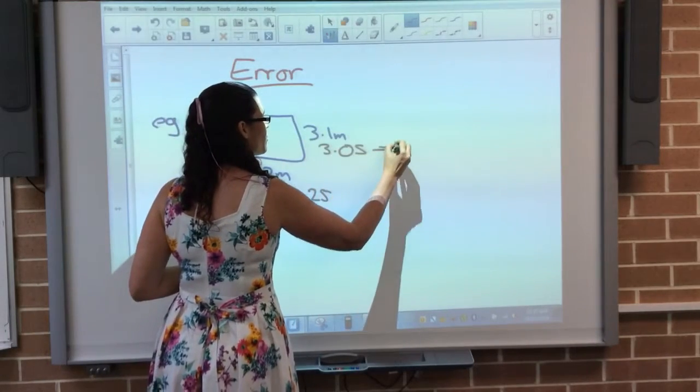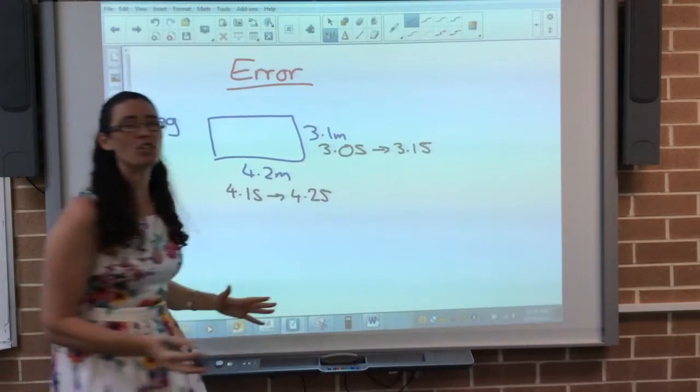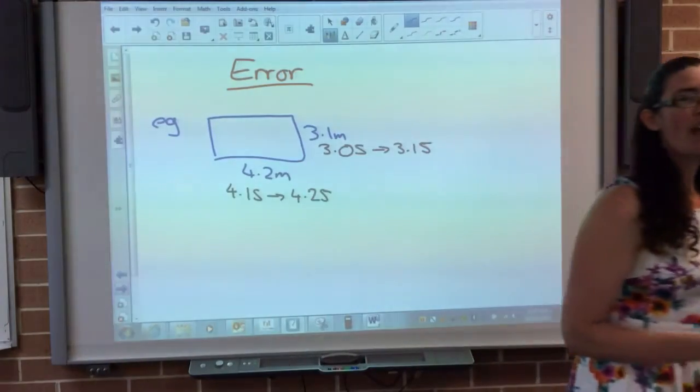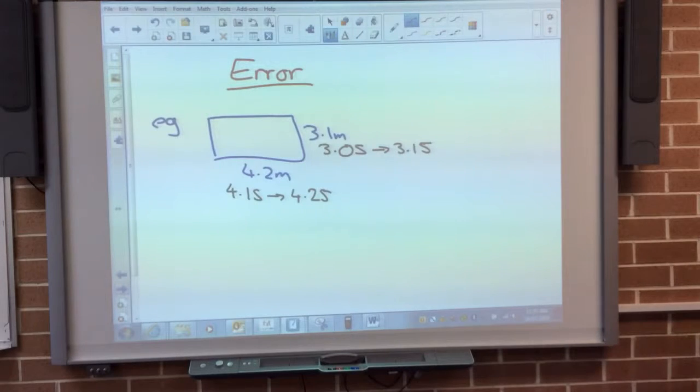This one here, what's this line between? 3.05 up to 3.15. So that is not new. We've done that before. We understand how that works. What that then affects is if I want to calculate the area of this shape, then I can work out